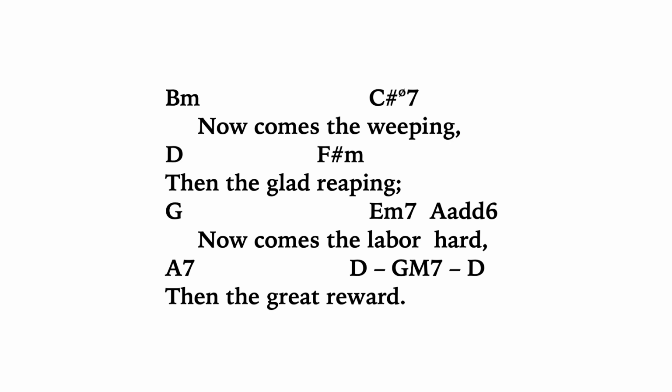Now comes the weeping, then the glad reaping. Now comes the labor hard,